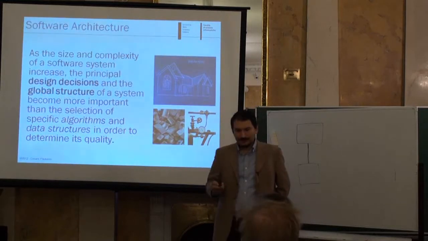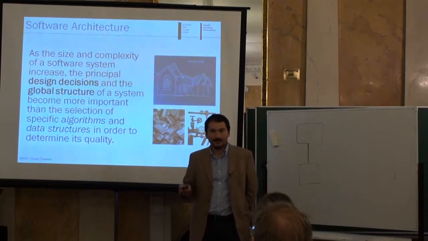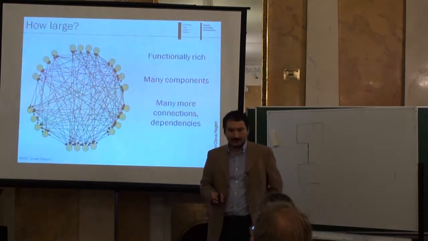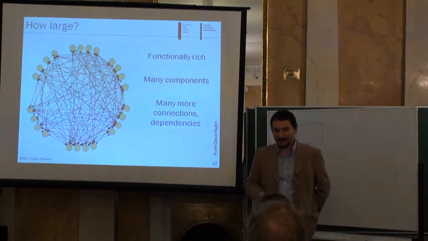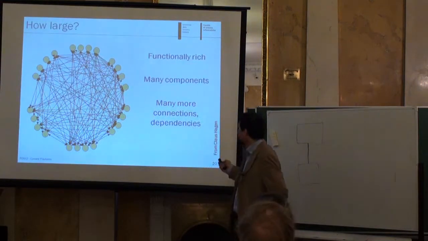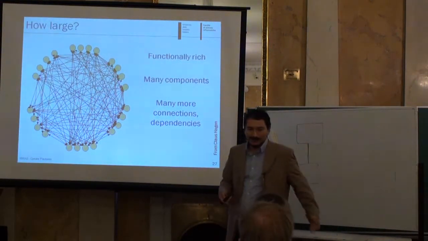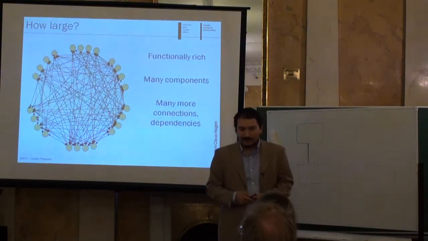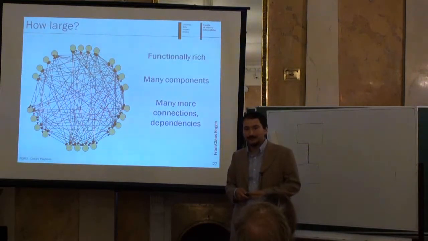So it makes sense to work with the software architecture of a system when the system becomes large and complex enough. So in this sense, how large? How do we measure the complexity of a system? Well, it should be a software system that has a lot of functionality, a lot of parts, a lot of moving parts, a lot of components. And it's not enough to have a lot of them, but where the real complexity comes from is